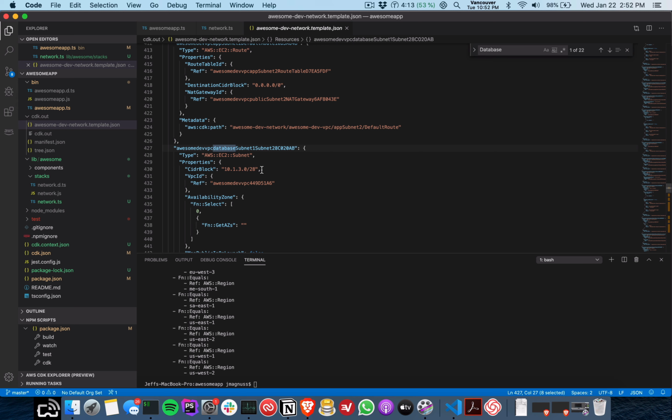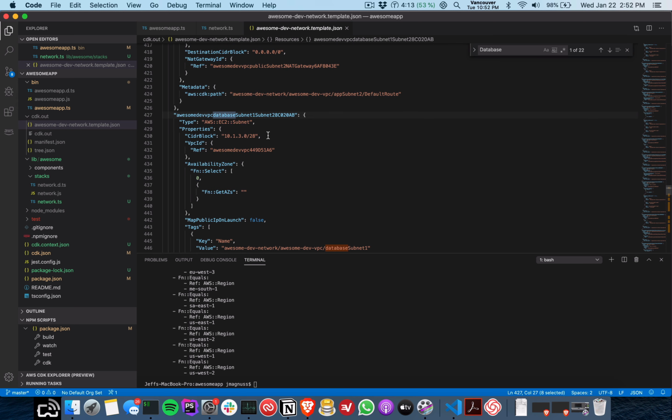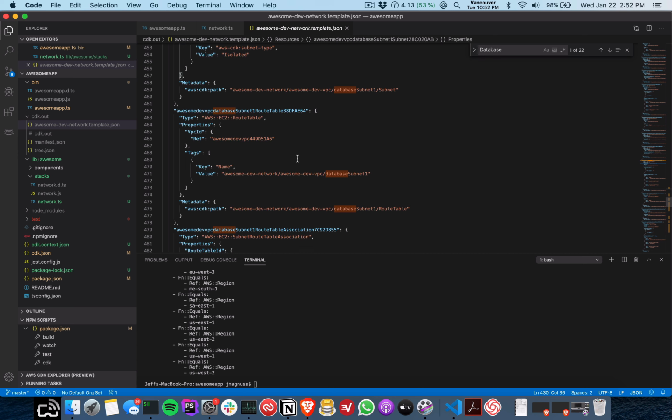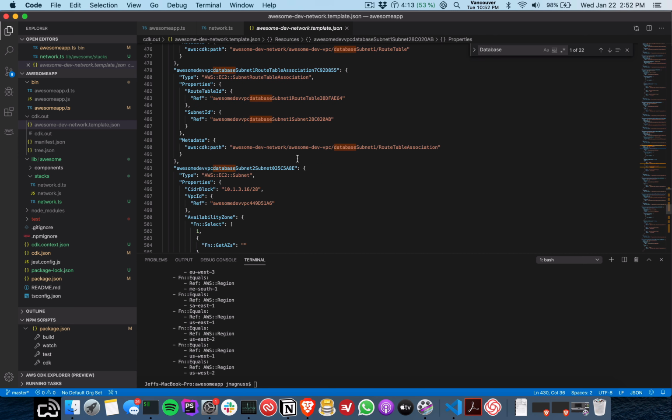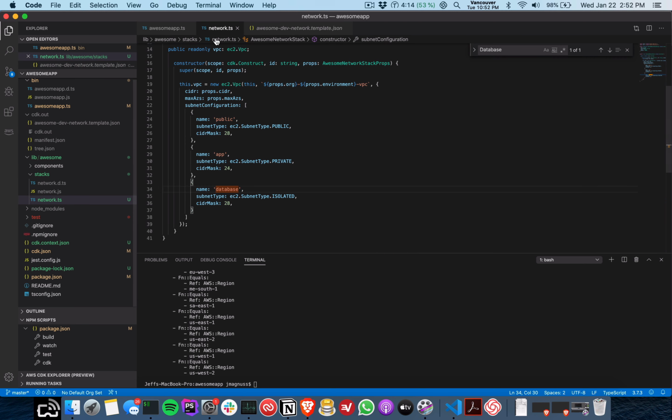And there it is, 10.1.3/28. This all is looking good. This is difficult to read, though, so I think we should actually launch it into AWS, and then we can take a look at it there. Look at all these resources. This is building out 30 different AWS resources right now from our very small amount of code that's super readable,